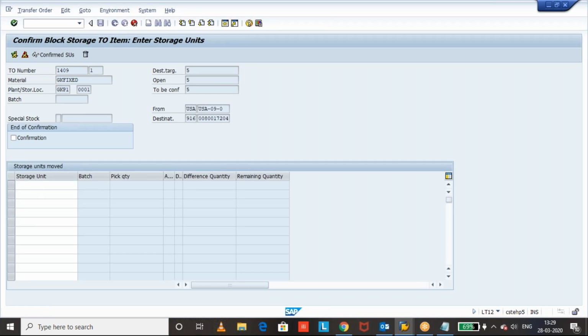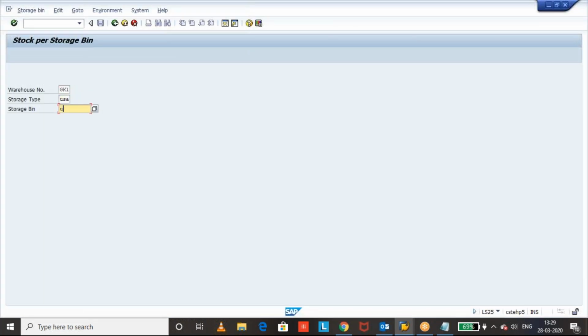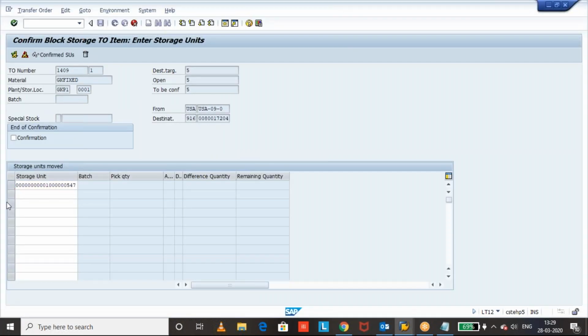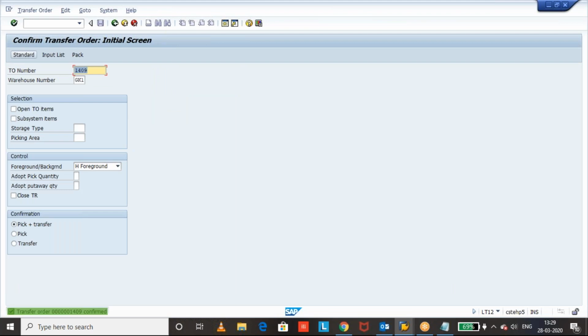Here there is an SU with a total quantity, and the system has taken 5 and the remaining 7. Just confirm. Okay, now the transfer order is confirmed.